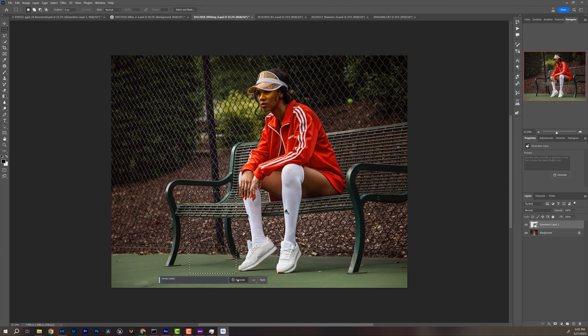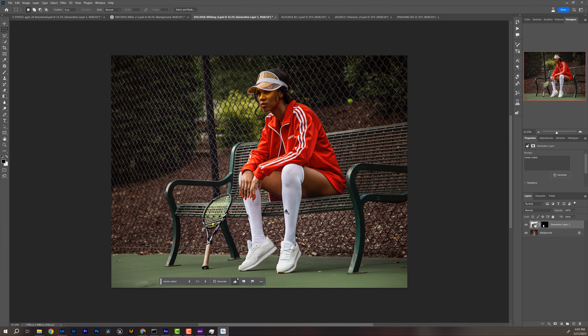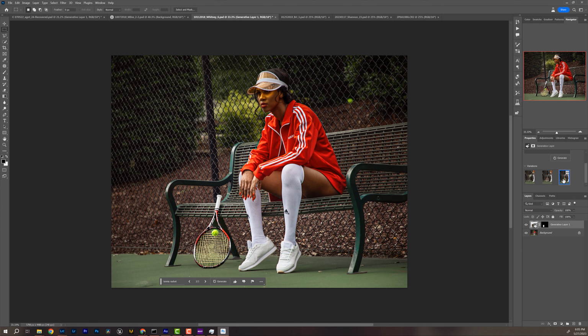Yes! Yo, this is so close. Oh my god. I don't know why they put a tennis ball in the racket, but yes. I'm gonna do a little Stable Diffusion here.